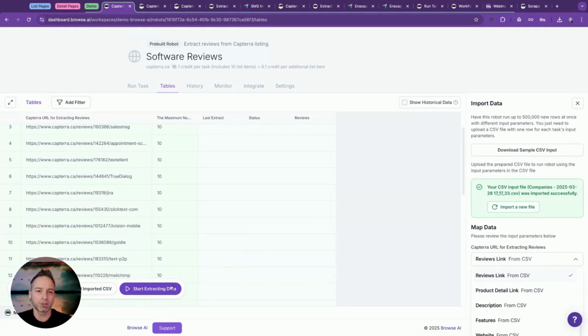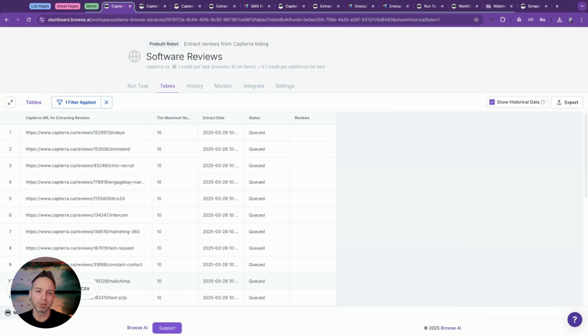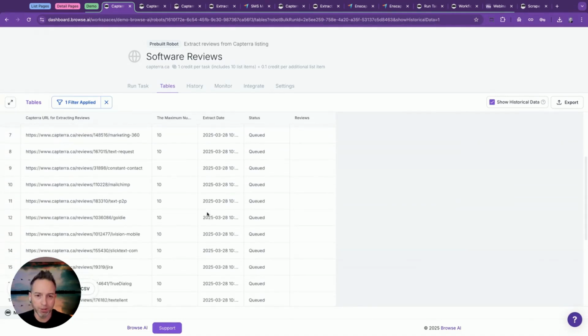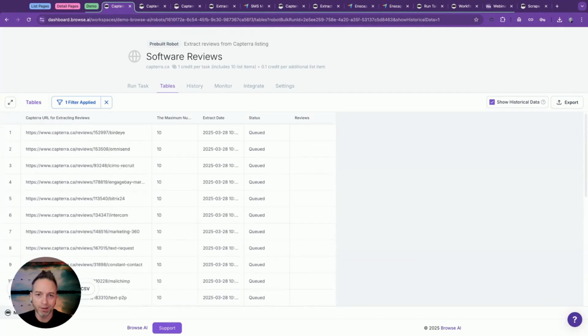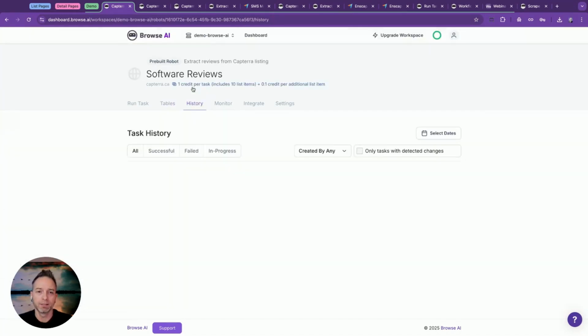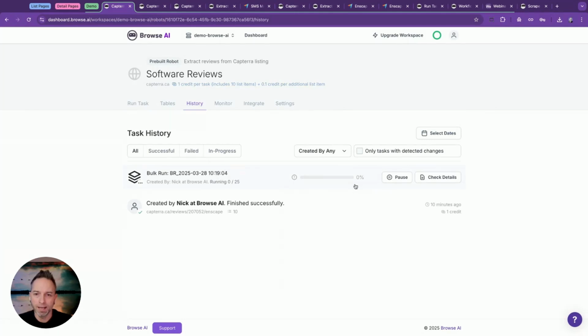And now let's start extracting data. So this is called a bulk run. Bulk runs will show up here in your table, and you can monitor them in here as they're happening. So these are all queued. And also you can go into history and see that this is a bulk run and the percentage that is